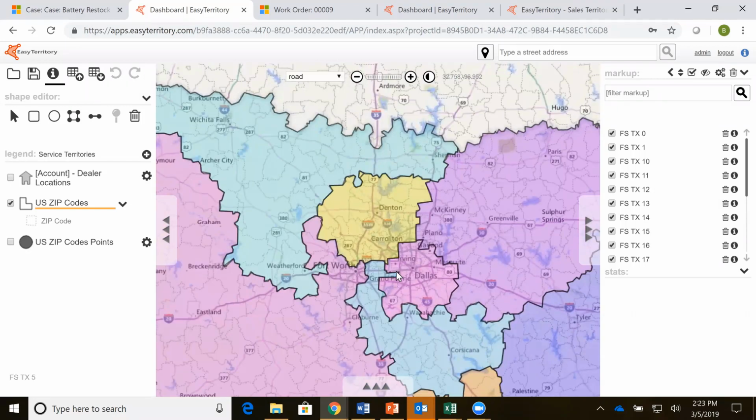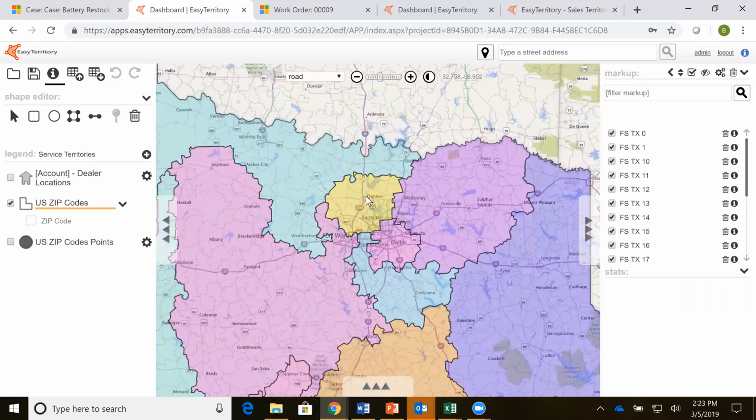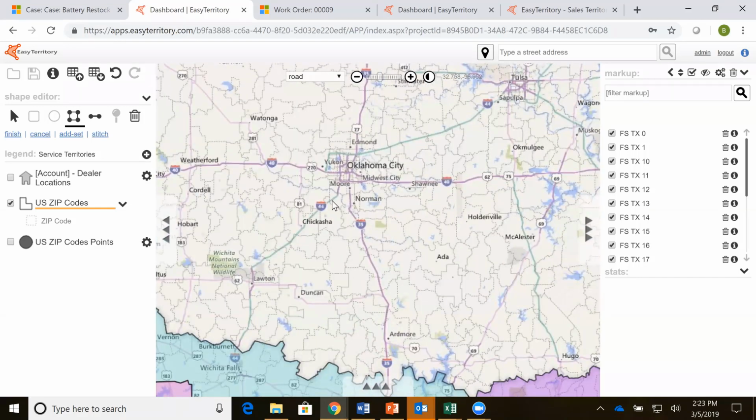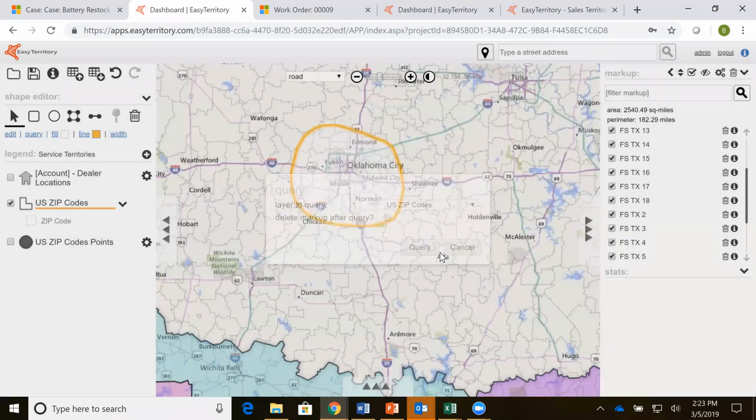Now, with the application, you can either import a list of territories and zip codes, or you can use the tool to manually draw territories. So I've already imported a big list of my zip codes, and they're drawn on the map. I can also use the drawing tools to draw a territory. So for example, if we wanted to create a territory around Oklahoma City, we can just use the tools to lasso an area, query all of the underlying zip codes,